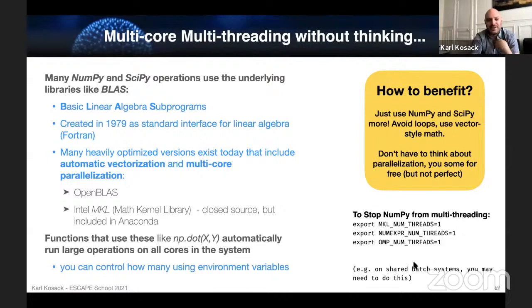We've run into this problem in our analysis for CTA and HESS, for instance, where people write code in Python and don't realize they're automatically using multiple cores, so you have to disable it to be policy compliant. So it's something to think about. Basically, you can do nothing and still get some benefit.